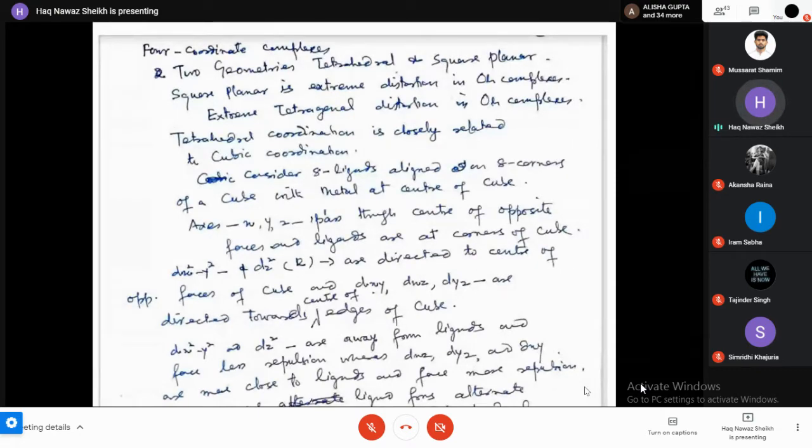वो तो बिल्कुल दूर हैं अपने लिगेंड से, क्योंकि लिगेंड कॉर्नर पे है और वो सेंटर ऑफ अपोजिट फेस से गुजर रहे हैं, इसलिए उनकी रिपल्शन बहुत कम होगी, वो बिल्कुल रिपेल नहीं होंगे। रिपेल होना था अपना T2G सेट को, जो नजदीक थे, वो एज के सेंटर से गुजर रहे हैं, लेकिन वो कॉर्नर से नहीं गुजर रहे हैं, इसलिए उनकी रिपल्शन थोड़ी ज्यादा होगी दूसरे सेट से, लेकिन इतनी ज्यादा भी नहीं होगी।